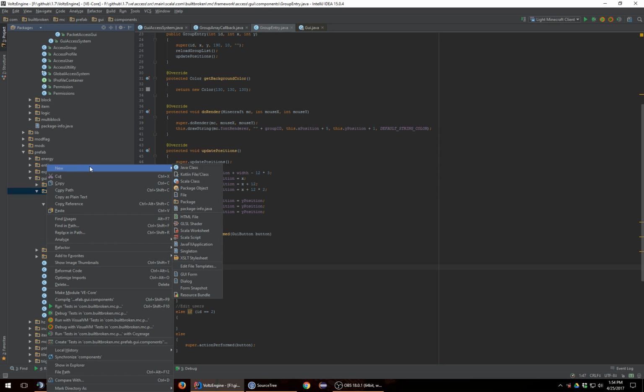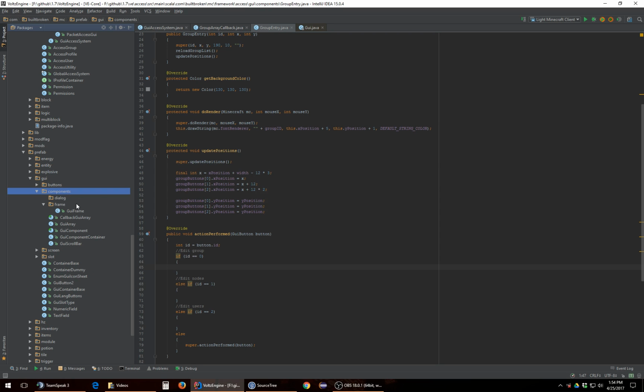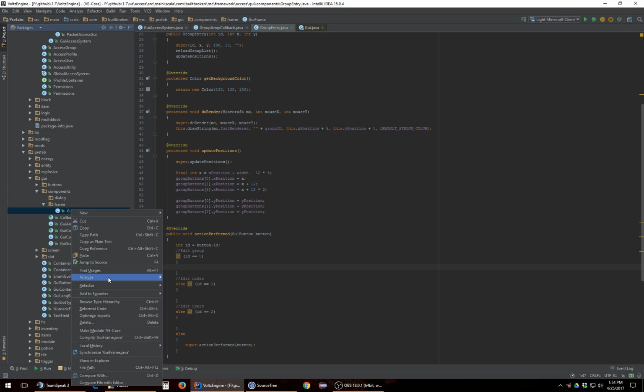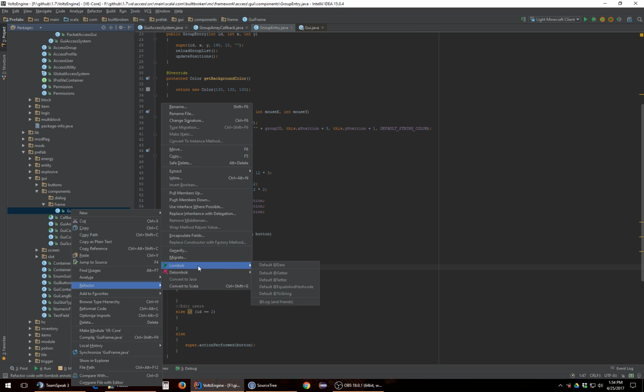Actually, I saw a pop-up. So we go new package. No, it doesn't show up there. Maybe it's refactor. Here we go. Yeah, I can do some Loomblock stuff here, and